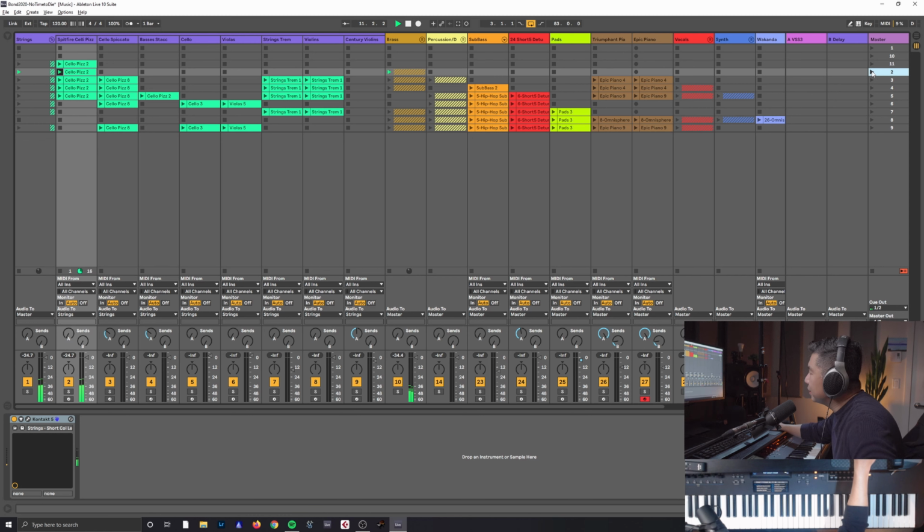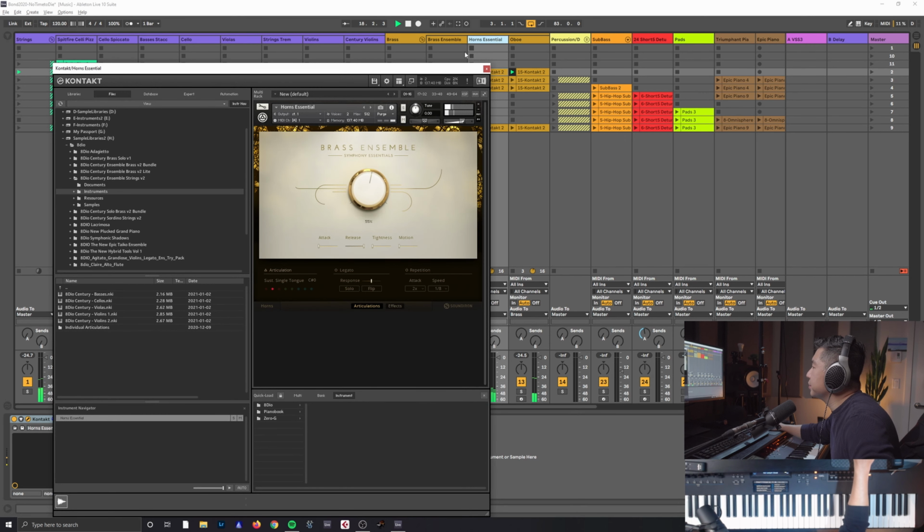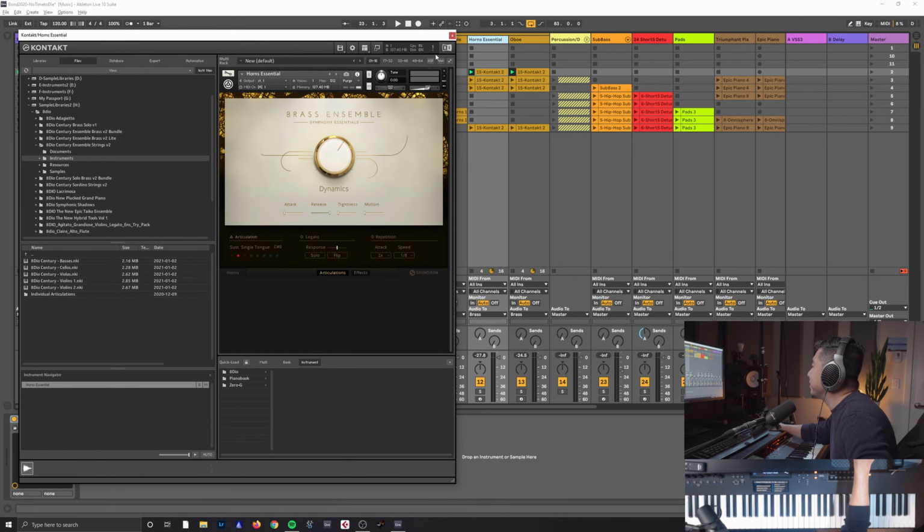And then if I move on to the next scene, so I'm just hitting play here, scene by scene. So you would do this in a live performance, for example. And here I'm actually using the horns from Native Instruments Symphony Essentials, but I'm using the single tongue articulation here. So if I just stop this for 1 sec here and I play for you manually what that sounds like,